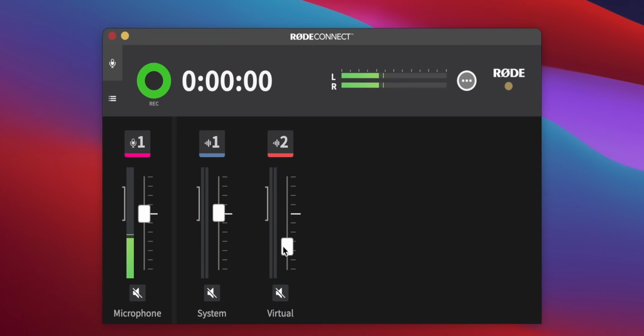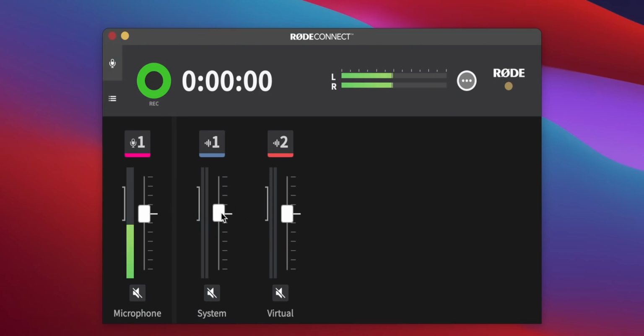But probably the biggest thing missing from this is any support for keyboard shortcuts. There's not a chance that anytime I want to change the volume or mute something on stream, I want to grab a mouse over here and drag a teeny tiny fader down a little bit or click a teeny tiny little mute button, especially if I'm mid-game. It's not as big a deal if you're in like a podcast, for example, and your computer is already in front of you and you have the software right there and you can just click and drag the fader. I still feel like it should have hotkey support, but it's not a deal breaker for podcasts,